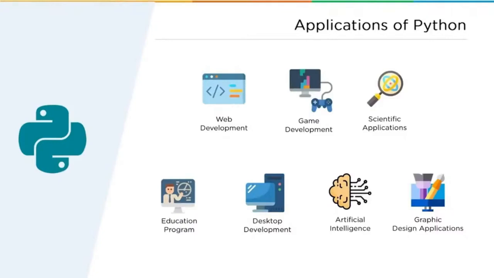And similarly, Python finds use in most of the scientific work that goes on nowadays because of, again, some of the libraries that I have already mentioned, such as SciPy. Interestingly, if you are into game development or gaming in general, you would see that Python actually has certain libraries and technologies that facilitate game development very, very well. One very popular game, in case you are into gaming, is World of Tanks, which is built on Python. Some of the other applications are, of course, creating desktop GUIs, image processing, graphic design applications, and something that is very relevant to me and, of course, you as well, is creation of education programs and training courses.